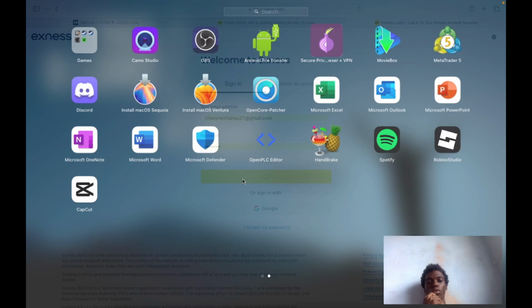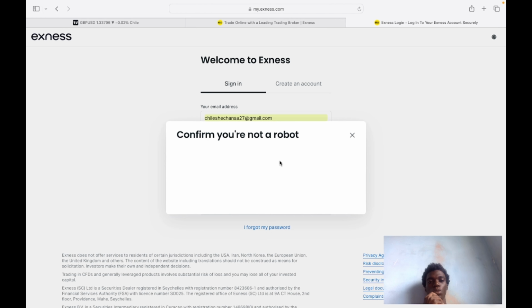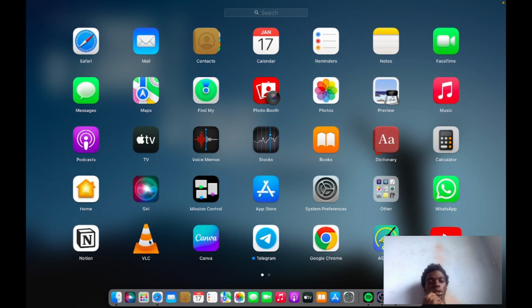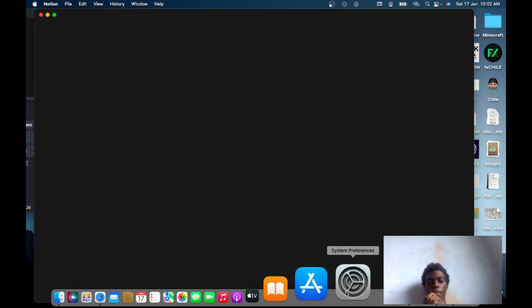And I forgot, guys, I have to show you my journal. And I have to be journaling every trade. As you can see, I use Notion. I've created a Notion template where you have to put in your